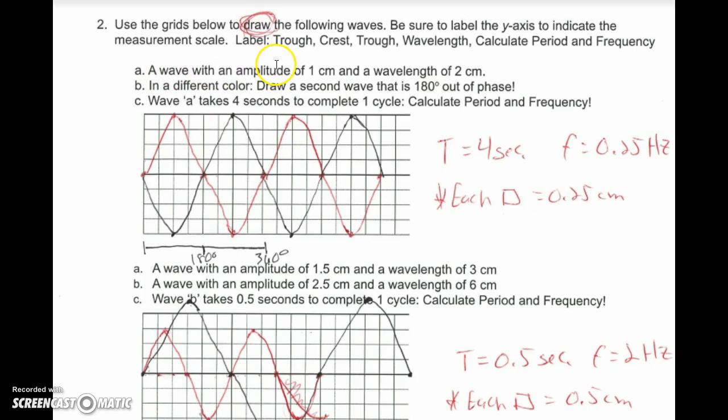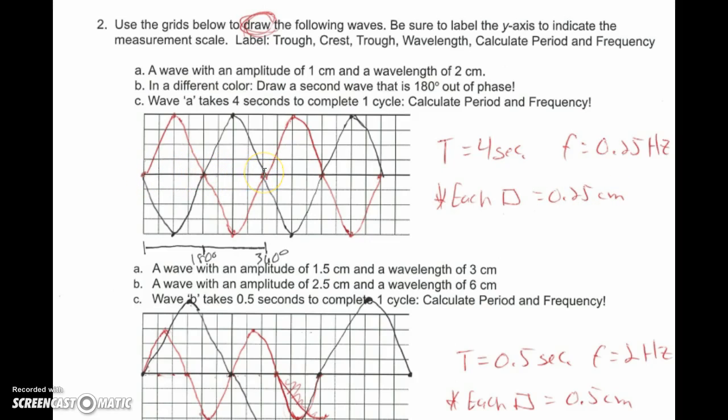So that means a wave with an amplitude of 1 centimeter. Amplitude, right? How far from equilibrium? If each one of these is 0.25 centimeters based on the scale, 0.25, 0.5, 0.75, and 1. So 1 centimeter is the amplitude. The wavelength is 2 centimeters. So I'm going to need to go out 8 boxes to get to 2 centimeters. Remember, each square has a scale of 0.25 centimeters. I know that 4 out is half of a wavelength, and 8 out